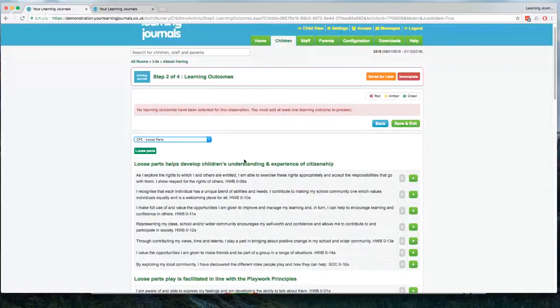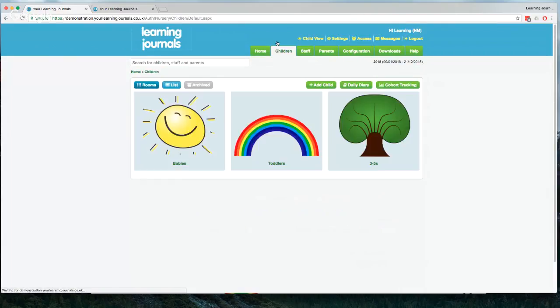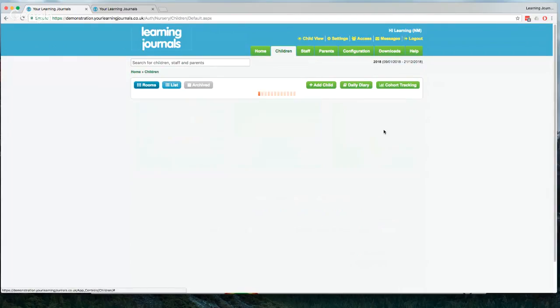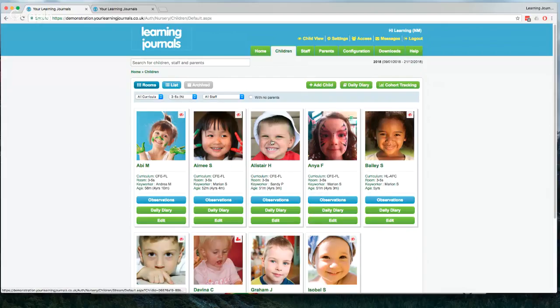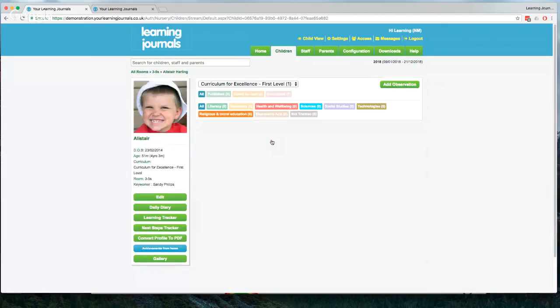We've got one last question here from Pam. Pam has asked, can a weekly sheet be printed off to show next steps for all children? So the short answer at the moment, Pam, is unfortunately not. But next steps are something we continue to work on. And being able for you to have a list of all your active next steps is something that we would like to get to. But what you can do is you can go into each child, and again, if you use Alistair as an example,